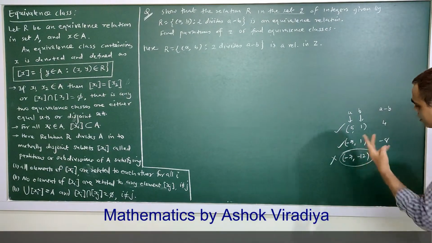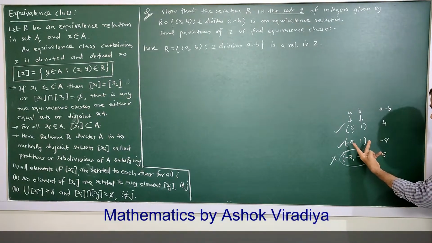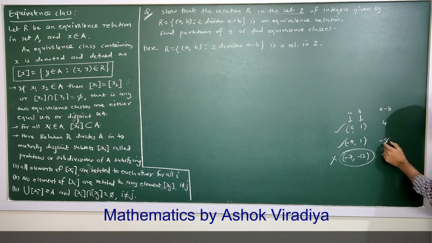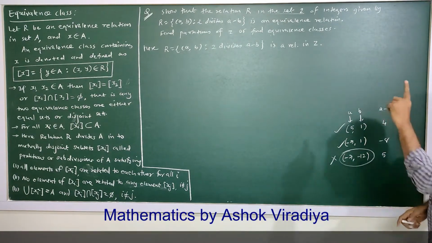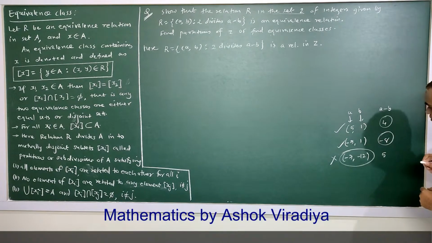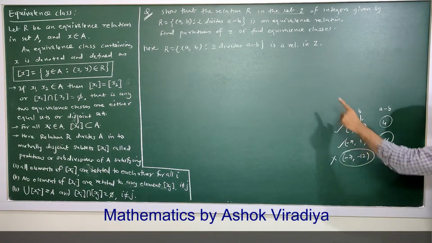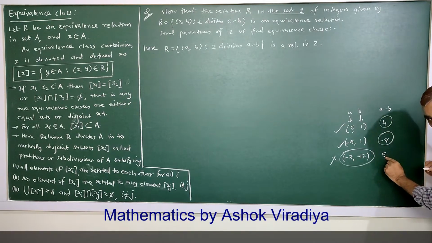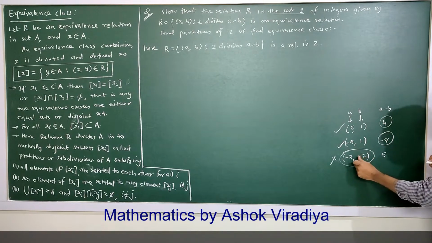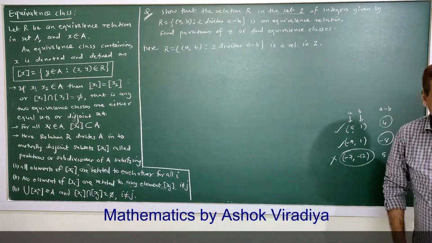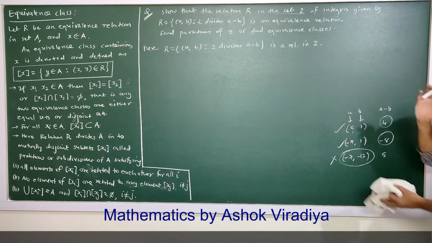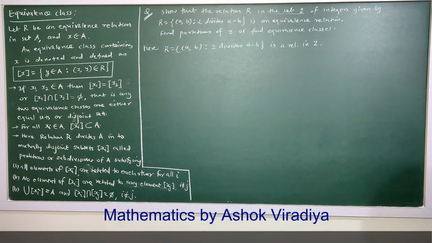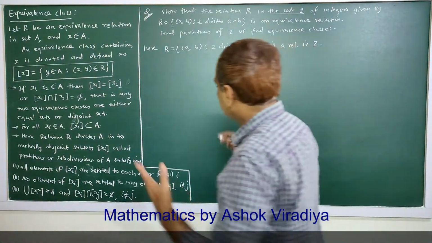So R is the set of ordered pairs such that the difference of a and b, that is a minus b, first value minus second value, is divisible by 2. In short, if this is even, then the ordered pair (a, b) belongs to R. Otherwise, if the difference a minus b is odd, it is not divisible by 2, so this element does not belong to R. So first of all, you should know the meaning of the condition, which type of elements belong to R. Accordingly, we are going to give the statements. Now the first property